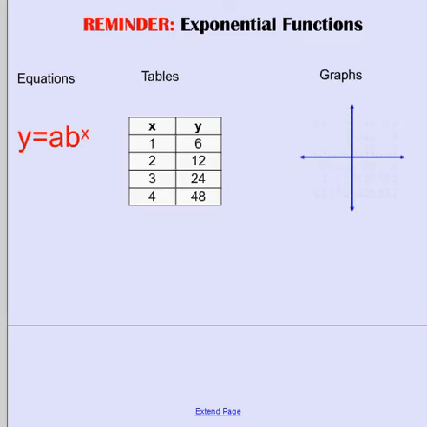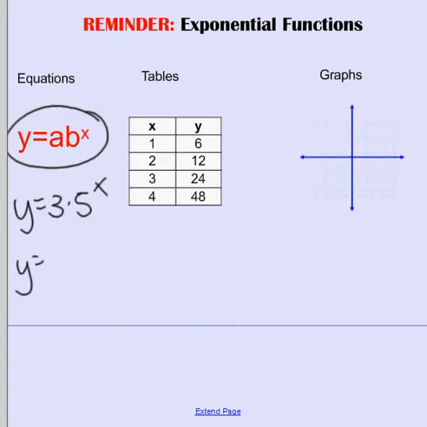Okay, now we're going to start our lesson. So this is just a reminder from last class. In order to identify exponential functions from an equation, table, and graph, the equation should be in the form y is equal to a times b to the x. Keep in mind, the variable, the x, is your exponent. So for example, y is equal to 3 times 5 to the x would be exponential. On the other hand, y is equal to 2x squared would not be exponential